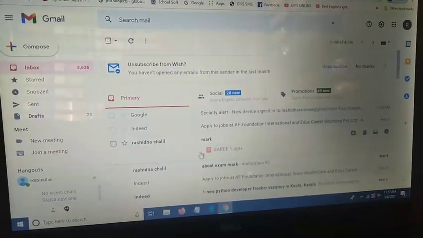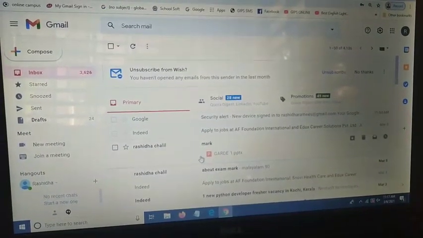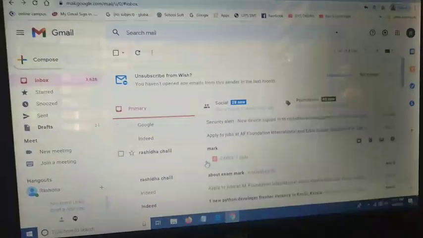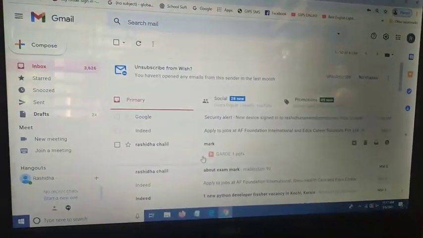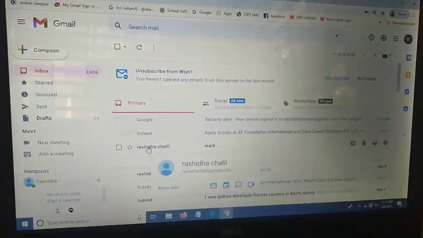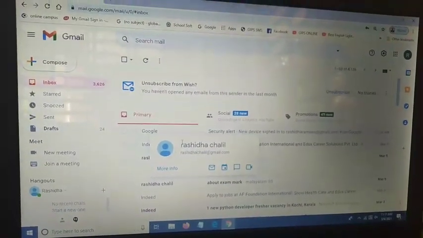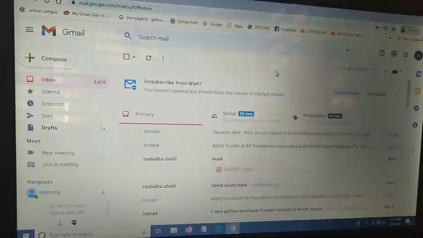We can click on the inbox, where there is a number that indicates how many mails are in our email account. Then if we want to read an email, we just go to that mail and single click on it, then we can get more information about that mail.